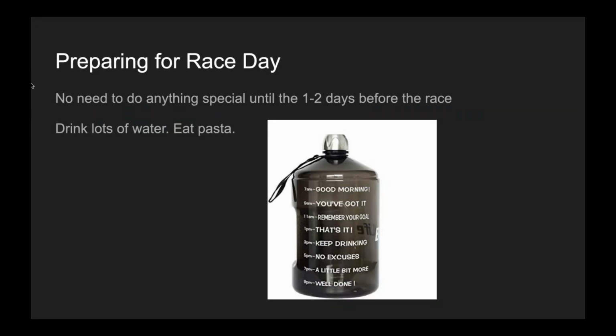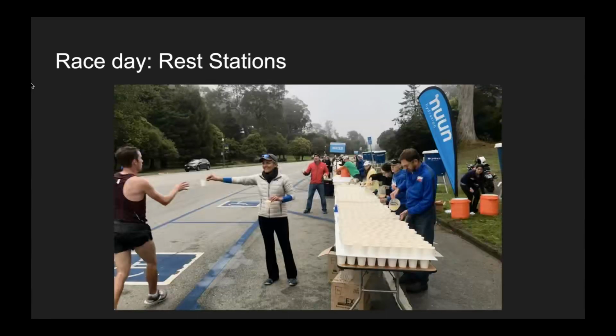In terms of diet, food, really just be healthy. I mean, drinking more water always helps stay hydrated. I like eating pasta the night before. Fruit for breakfast the day of is usually a good choice. Don't eat nothing. Eating nothing is a mistake. There was one race, I ran Orange County half marathon where I did not have breakfast beforehand, and it was not very fun. At least the first couple miles until the rest station, which I will talk about in a second. On this slide. So rest stations are glorious.